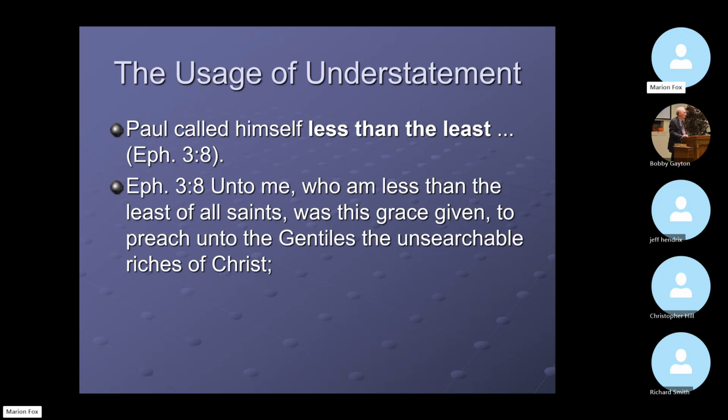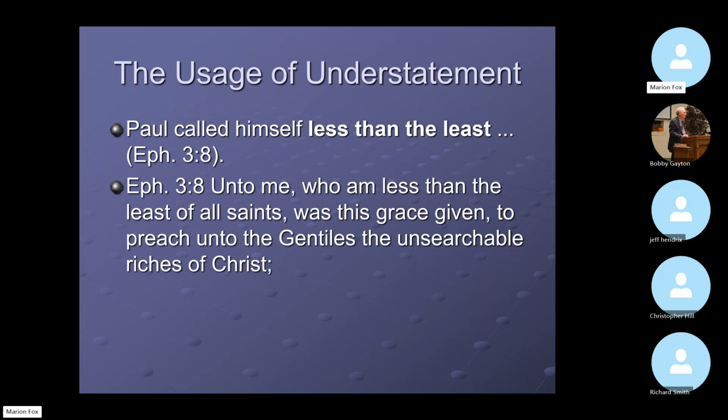Was this grace given? Now, the grace that he was given is not grace that brought his salvation in this context. It's his apostleship. He considered it a favor that he had this role of being an apostle. And because it was a privilege, he felt a great need to be careful that he did it the way the Lord wanted it done. That would place upon him a great burden to be careful that he did it rightly and correctly in a way that would please his Lord, who had chosen him for that role.